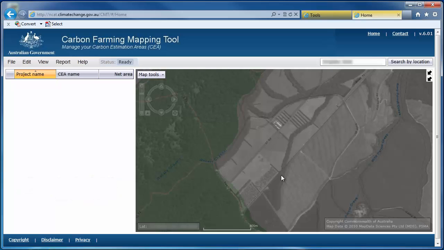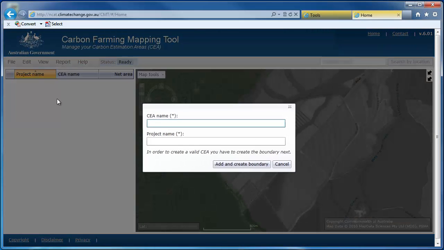So it's time to create my CEAs. I'll now select the part of the estate I want to plant the trees with and manually draw the boundaries. The first thing I need to do is click Edit and then add a new CEA. The initial window brings up a naming option.